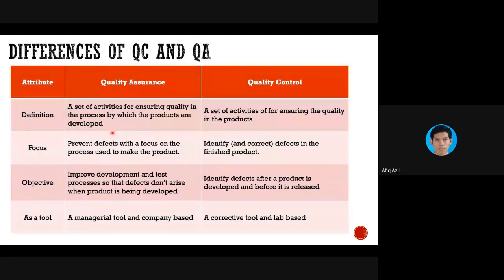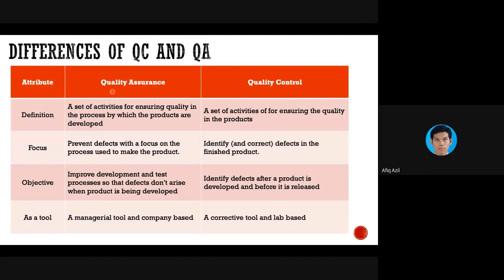Here I've also put the differences between QC and QA, so you don't get confused between quality assurance and quality control. Quality assurance is a whole sum. It is for the whole manufacturing plant, for example, whereas quality control is basically just what happens in the labs.